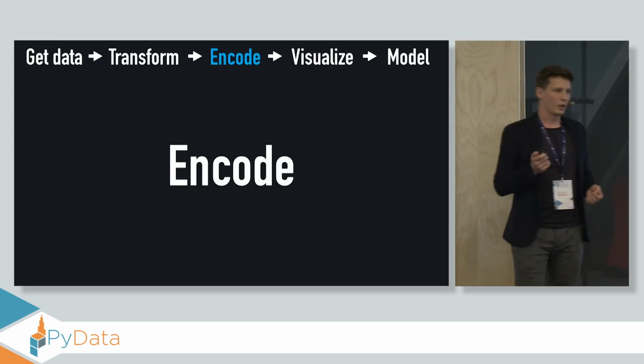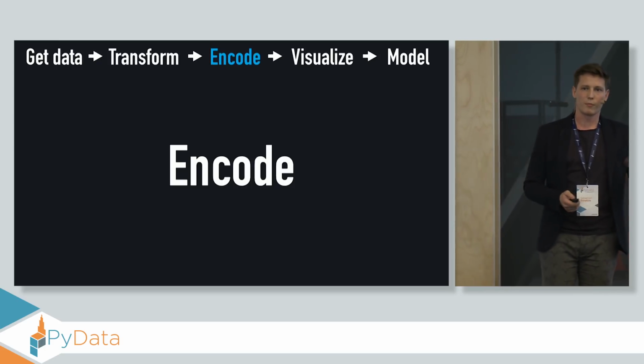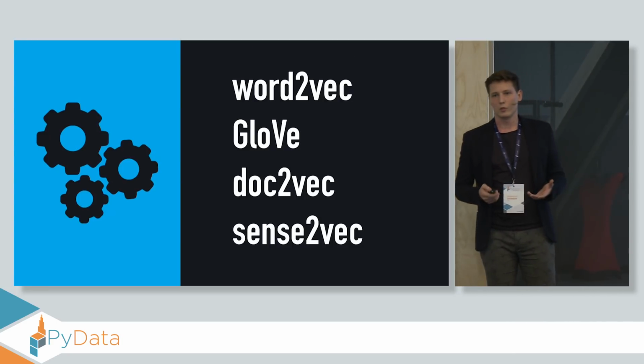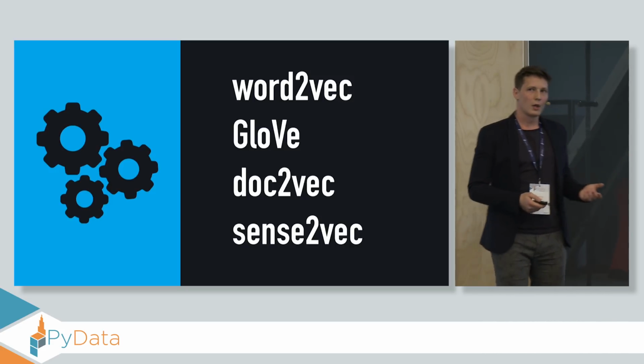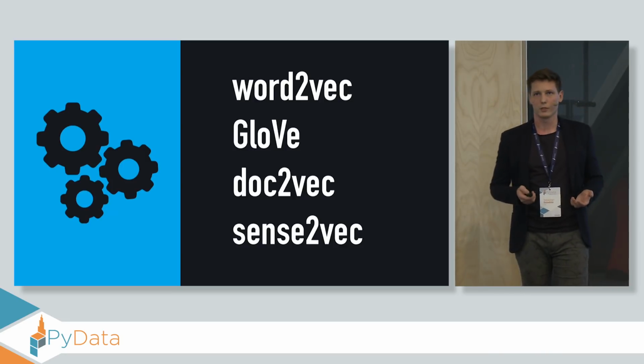Now, encoding is the process of transforming the data from text to some numerical representation. And there's plenty of ways to do it. You can use, for example, TF-IDF or one-hot encoding. If you want to hang out with the cool kids, it means you want to use word embeddings or some